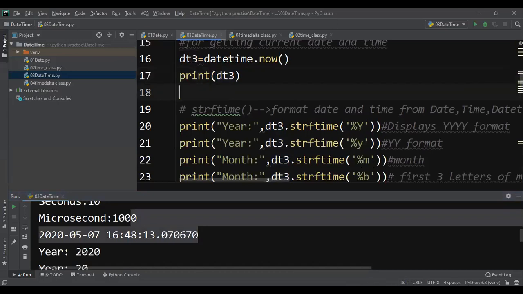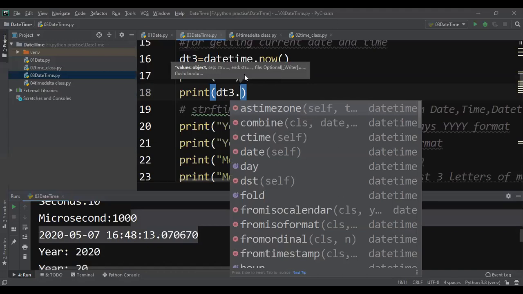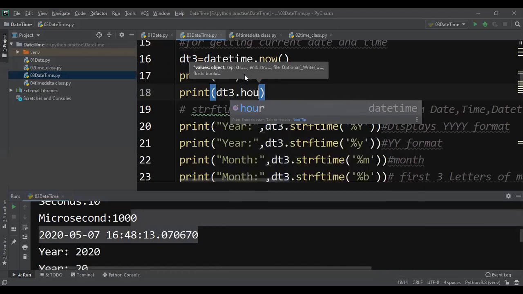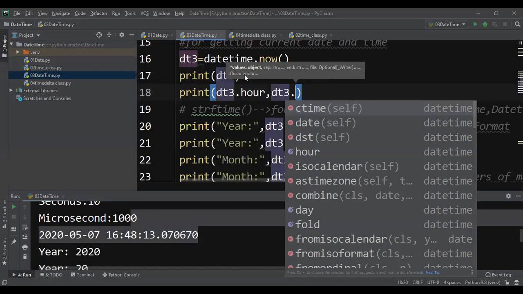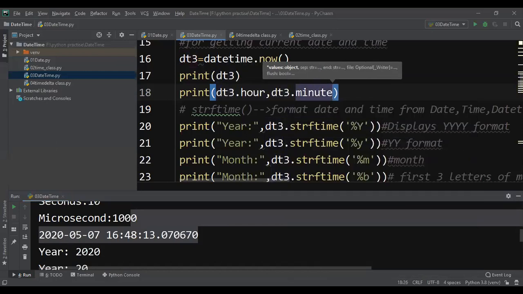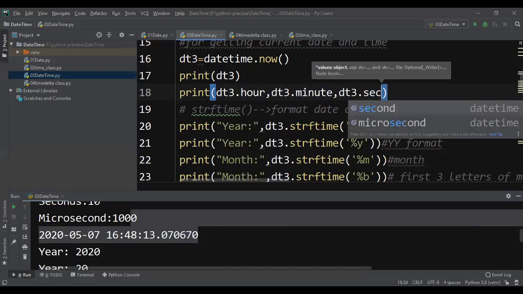So now you can give print dt3.hour, dt3.minute, dt3.second.